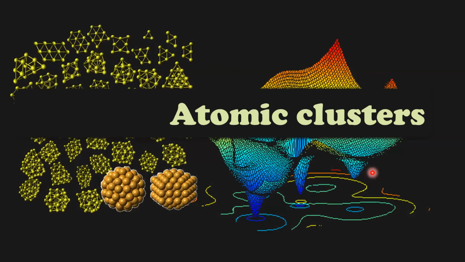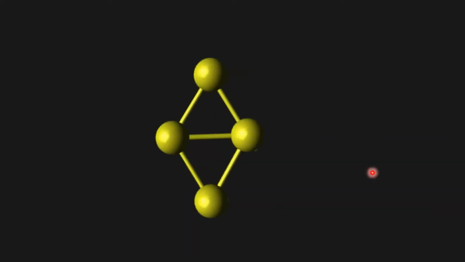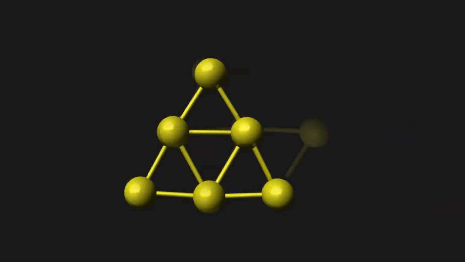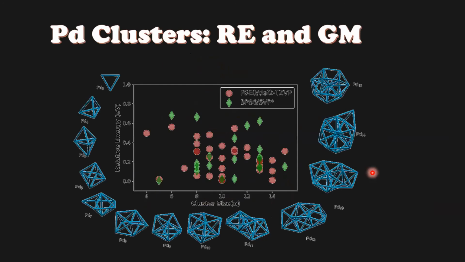Okay, so let me show some examples. This is a gold cluster again, from the real calculation. Initially, I was showing just a demo. This is the best geometry for Au3 from our studies, and this is for Au4, Au5, Au6, 7, 8. So that was the gold structures, and now this is a study of the palladium clusters.